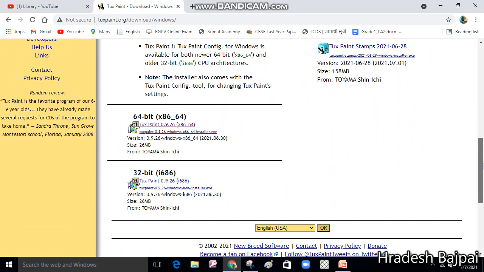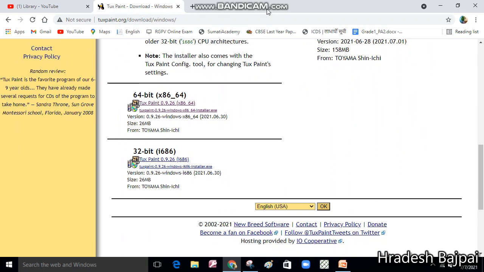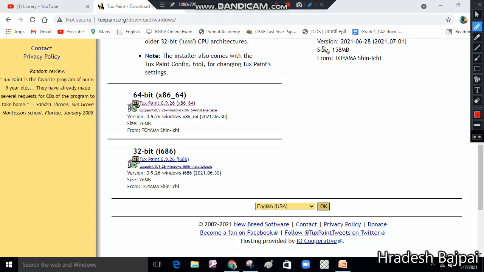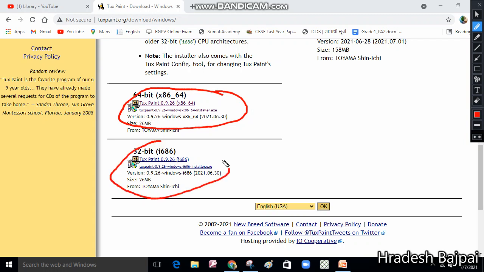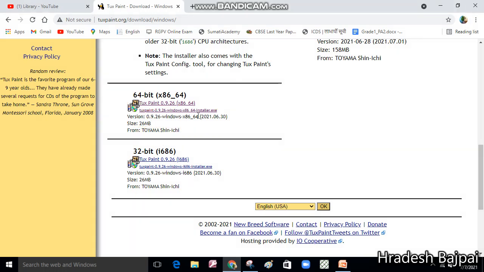In this window you have to choose the first option. Two options will be there for downloading. The first one is 64-bit and the second is 32-bit. So click on this first option, click over this link. Now I'm clicking on it.